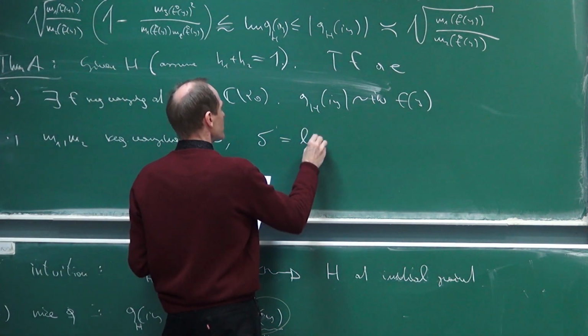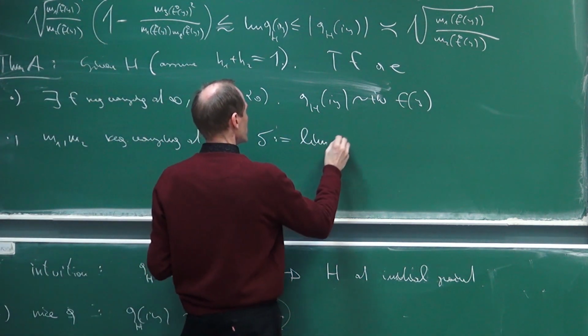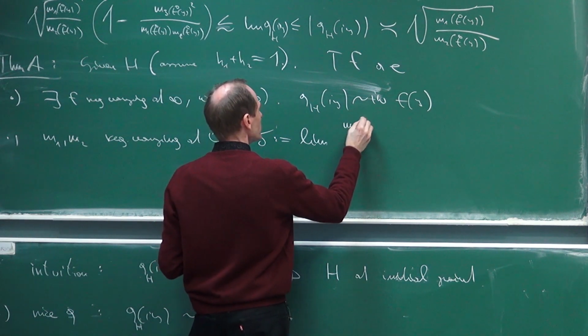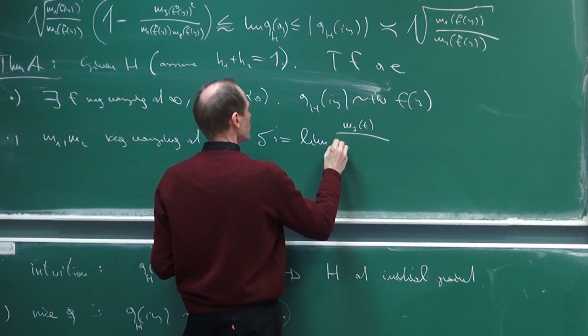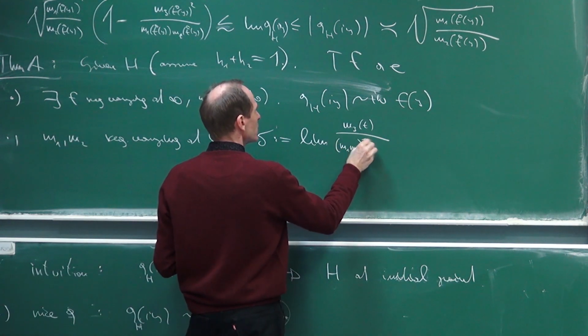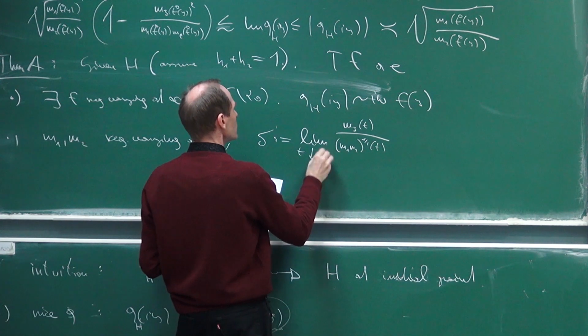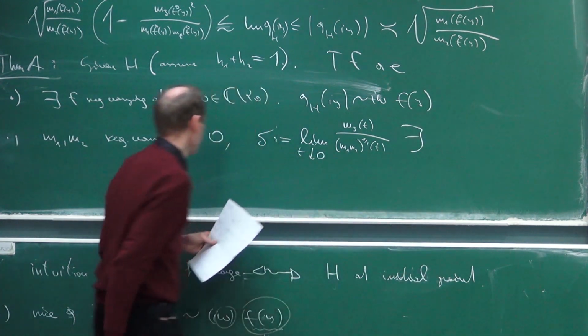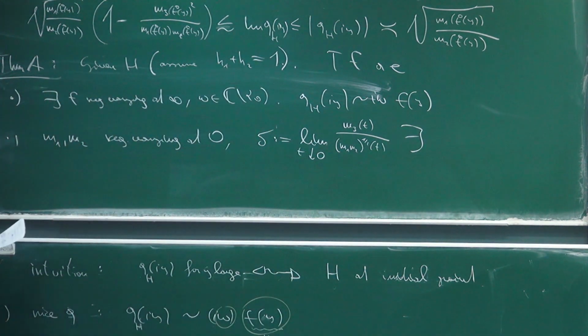So the limit delta, which is the limit of m3 of t over the arithmetic mean, m1 times m2 to the 1/2, of t for t towards 0, exists. That limit exists. And if those hold,